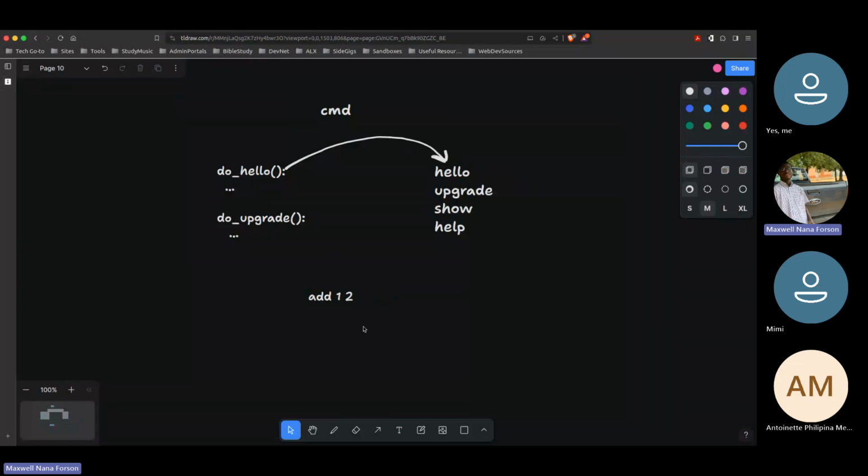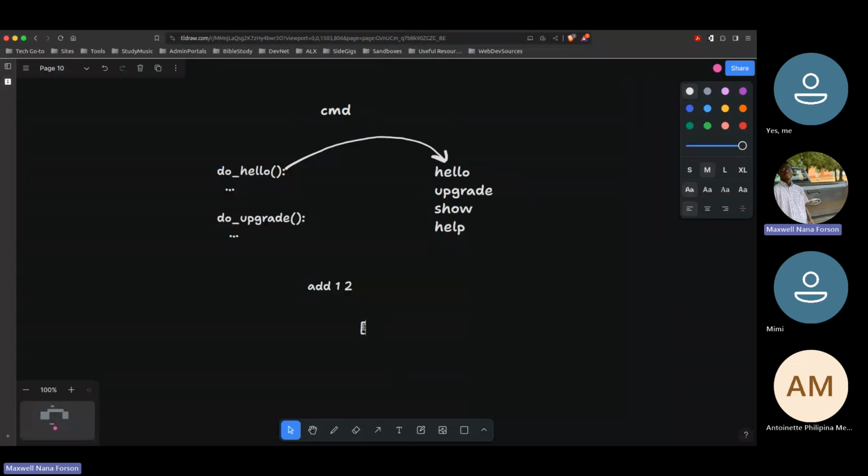Okay, so this thing here is going to be received as a string. So we have to have a way to handle it, right? We probably have to split this based on spaces. So the first thing we have to do is split this over here. After we split it, it's going to look something like this. We are going to have